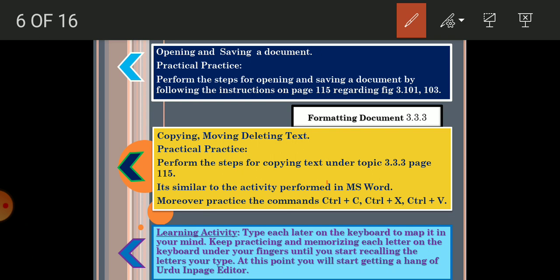After you are done and well versed with typing Urdu, you are done finishing the lesson of Urdu InPage. Thank you, students. This is the end of Urdu InPage, and we have finished the MS Office chapter. Now you are ready to do the exercise questions, which I have shared in another section. Complete your homework and submit it later in your class. Thank you, and Allah Hafiz.